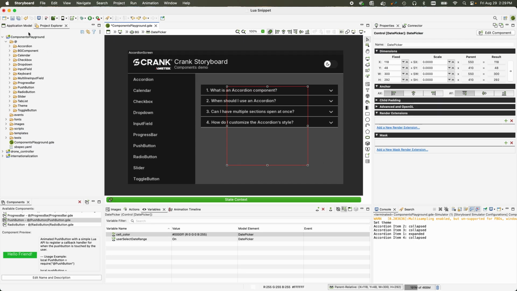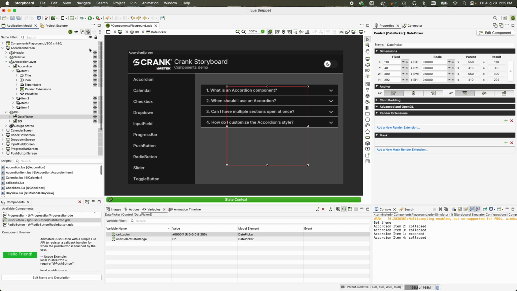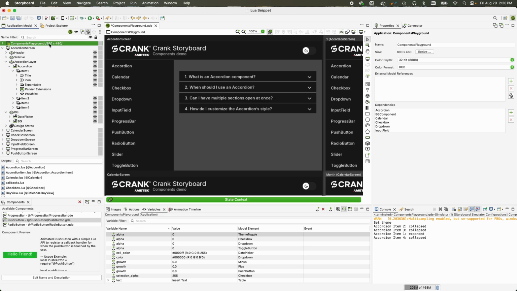So once you've included a component into an app, that creates a dependency in your app on this particular component. So I'll just quickly talk about those dependencies. If you go to your application, in the properties view for your application, you can see all of your component dependencies listed here